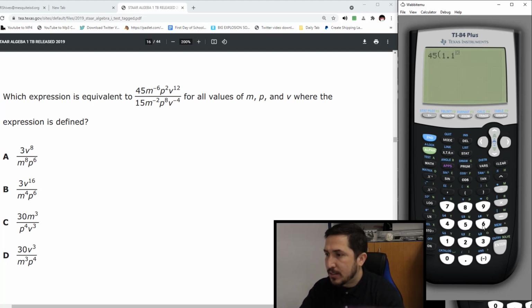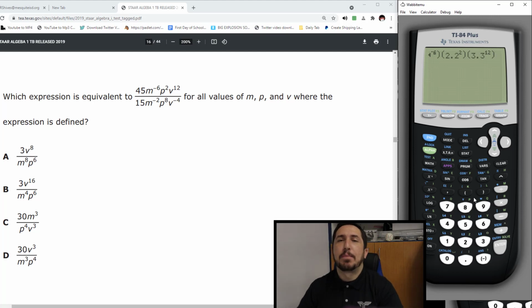So to the negative 6. There he is. And then I wrap him up, because that's the first letter. Now I'm starting the second letter, so I wrap him up. I start his parentheses. He's the second one, so I call him 2.2. Give him the power. Go down. Close him. Now I'm on the third letter, so it's going to be 3.3 to the 12. Close him. Done. Dang, but it's a fraction.